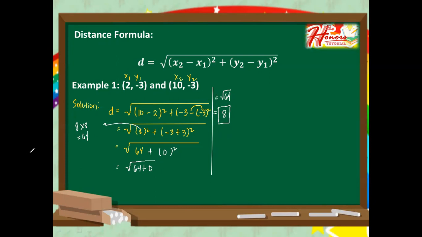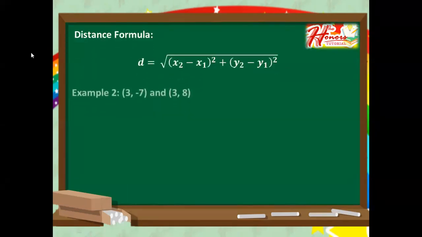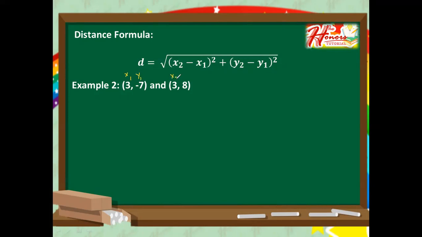Next, another example. We have here 3 and negative 7, 3 and 8. So remember, this will be your x sub 1. This is y sub 1, x sub 2, and y sub 2. So for solution, that is d equals square root